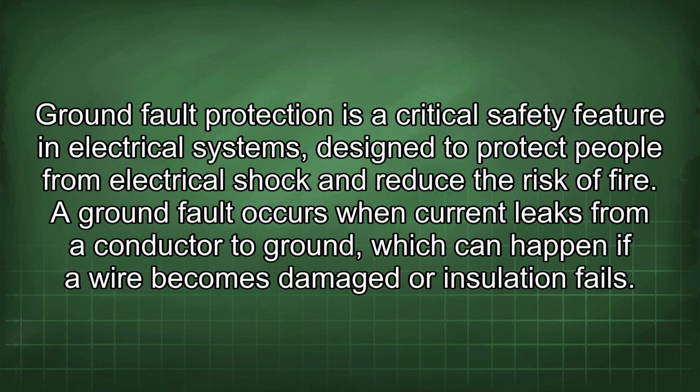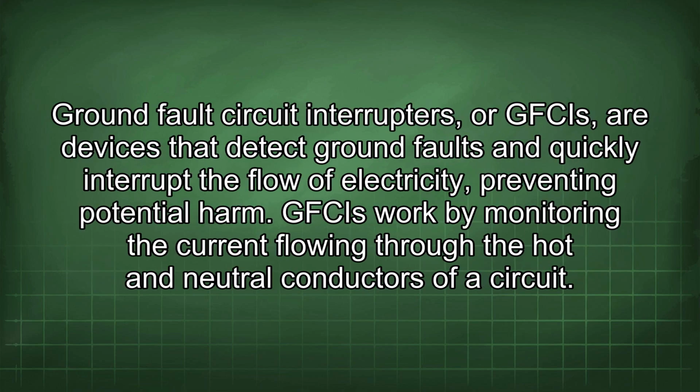Ground fault protection is a critical safety feature in electrical systems, designed to protect people from electrical shock and reduce the risk of fire. A ground fault occurs when current leaks from a conductor to ground, which can happen if a wire becomes damaged or insulation fails. Ground fault circuit interrupters, or GFCIs, are devices that detect ground faults and quickly interrupt the flow of electricity, preventing